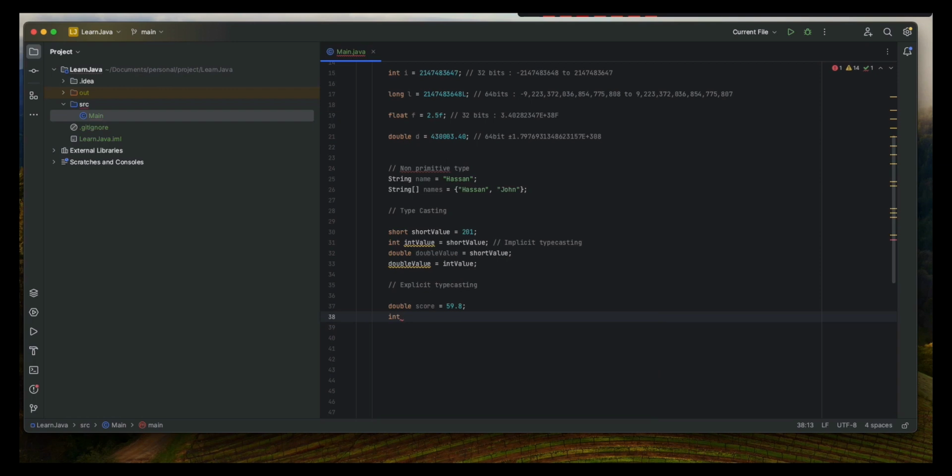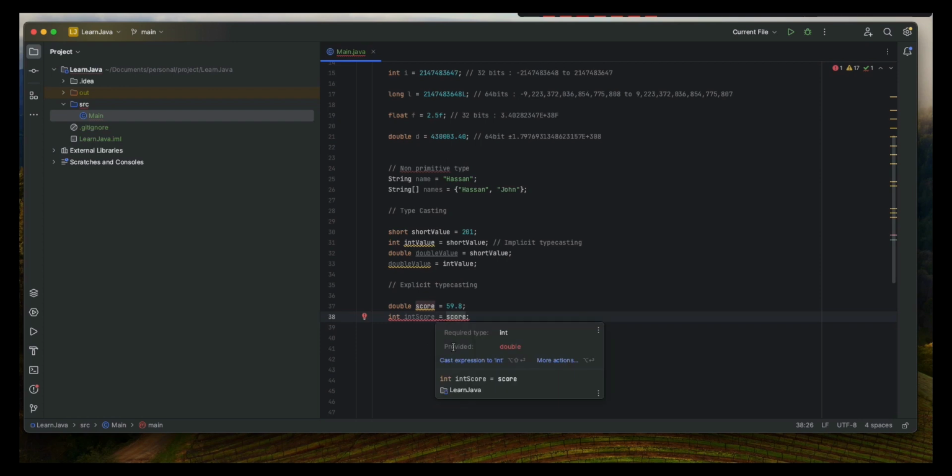For example, int scoreValue equals the double value. If you assign this, you see that the compiler will complain that it requires an integer but you provided a double. It is not able to fit in automatically